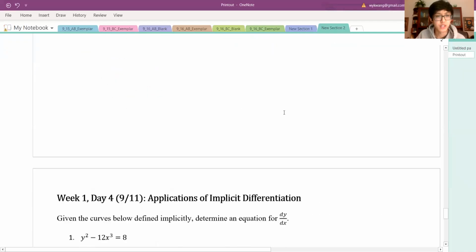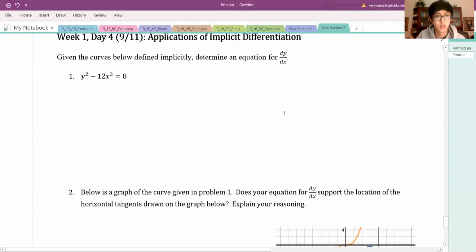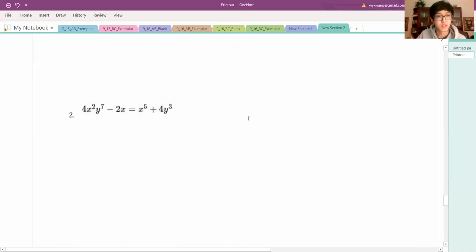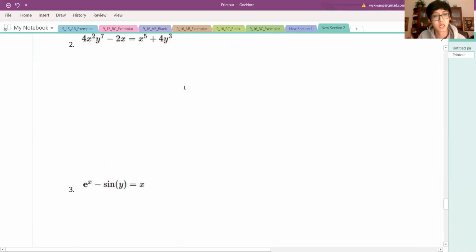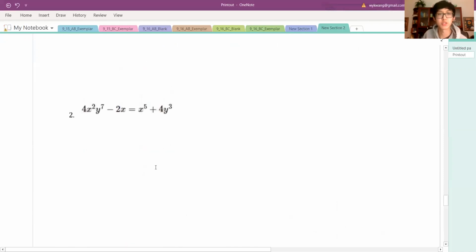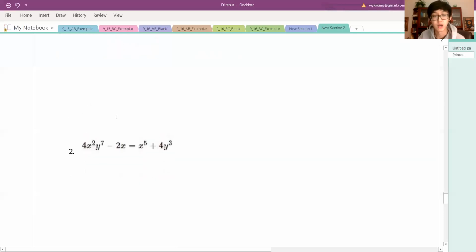Let's do the implicit differentiation again. I'm going to do probably these two example problems. Actually, I'm just going to do the second one, because the other ones should be pretty standard. But in this one, you notice there's x and y, and they're multiplied together. So that's a good inkling we're going to have to use the product rule here. So I'm going to rewrite this as, let's say, 3x cubed y to the 5th minus 2x